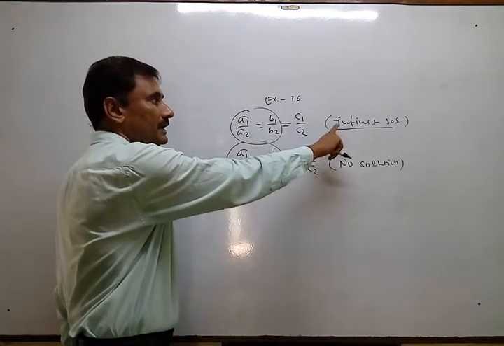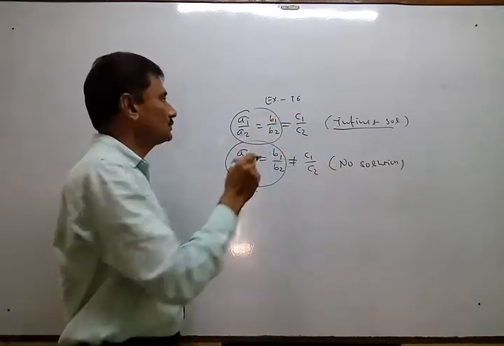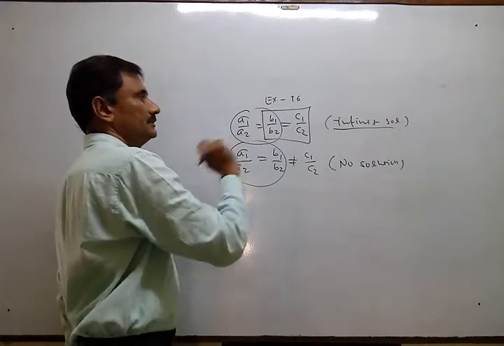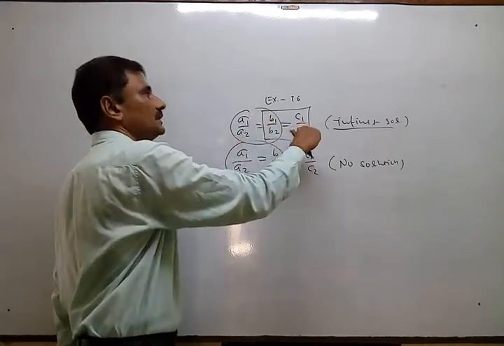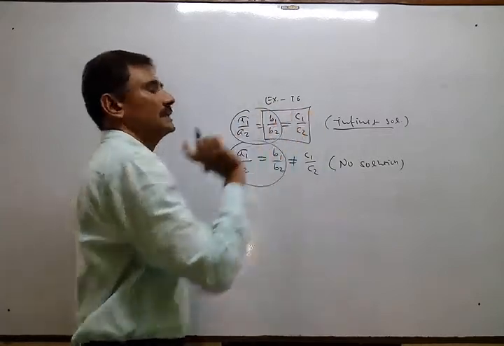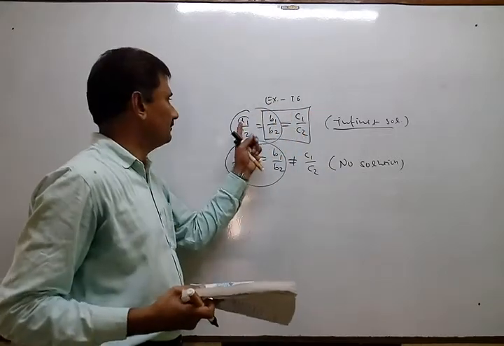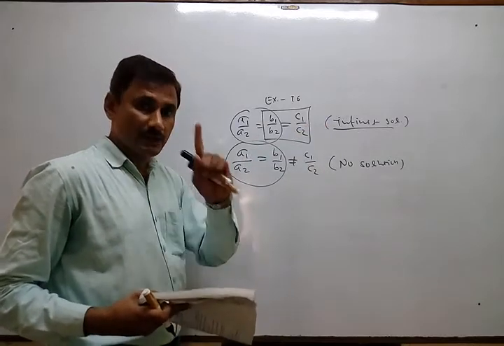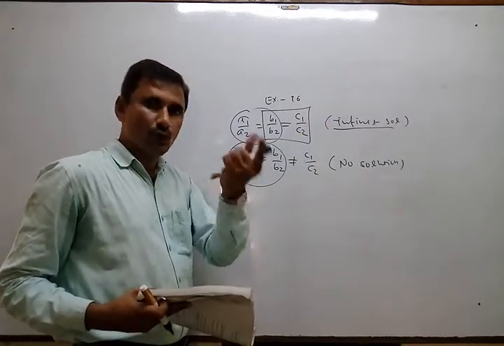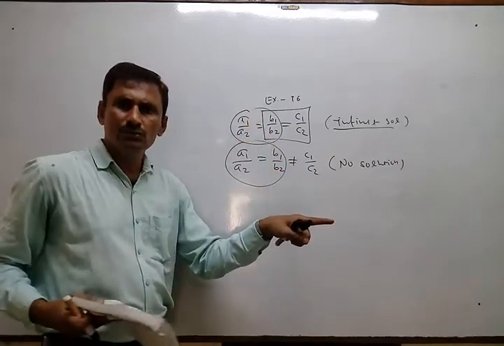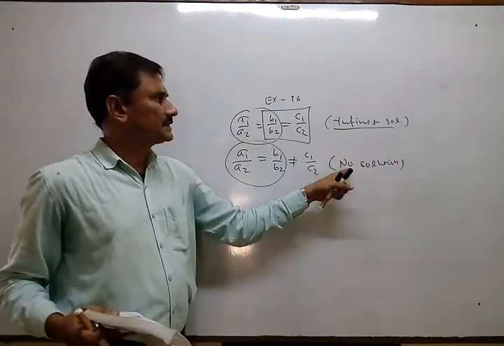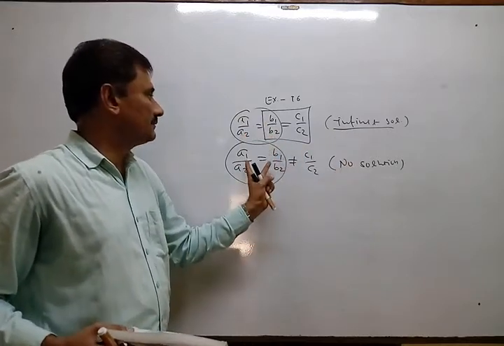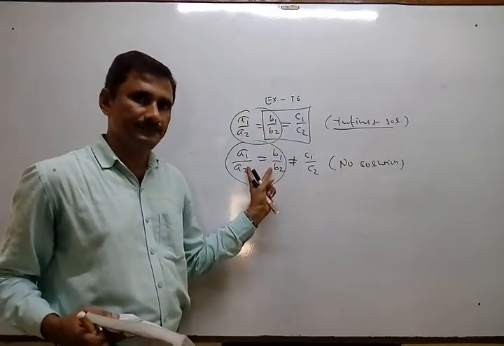Actually, we are asked to find particularly infinite solution. So, we have to compare this and this. Otherwise, first and third. Either first and third or second and third. But never compare first and second in these types of conditions, whenever any one variable is missing. If two are there, you can compare any two. But whenever these conditions are given, either infinite or no solution, never compare the first ratio with the second.